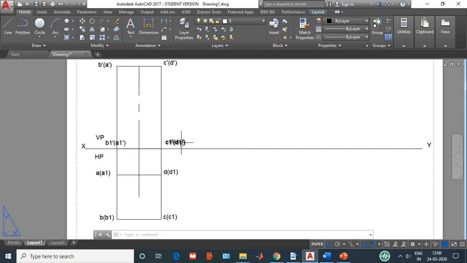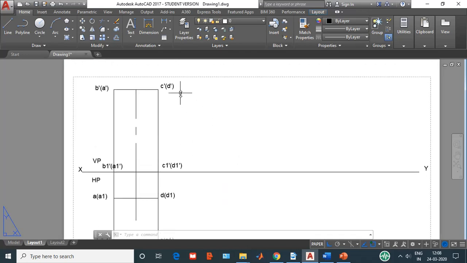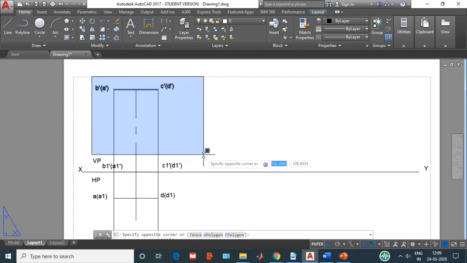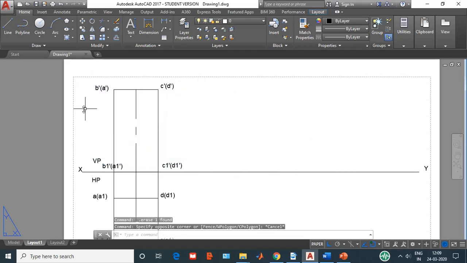Now remember, if you are taking C and D as the edge, then I need to rotate this entire solid in clockwise direction for resting it on C and D. If I take A and B as the edge, then I have to rotate this solid in the counterclockwise direction so that it rests on A and B. So in this problem I am taking C and D as the edge on which it is resting. So henceforth I will be rotating it in clockwise direction. So how to do that? Just copy the entire solid with the namings.